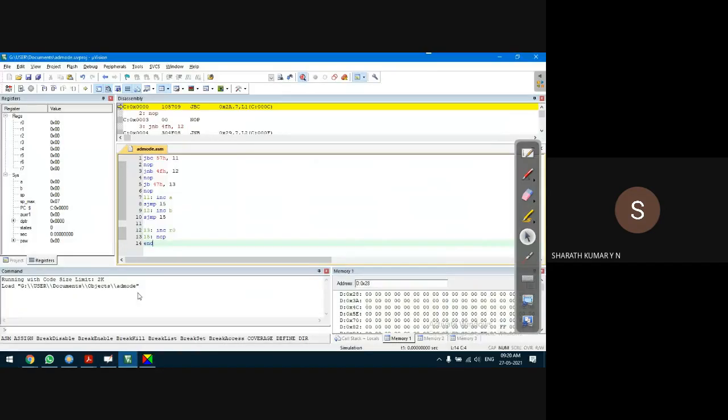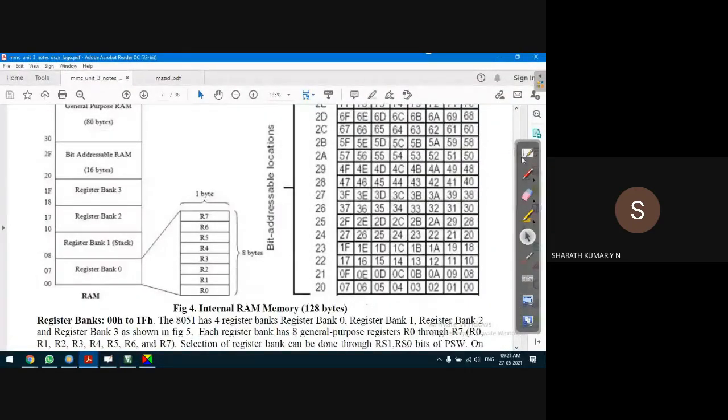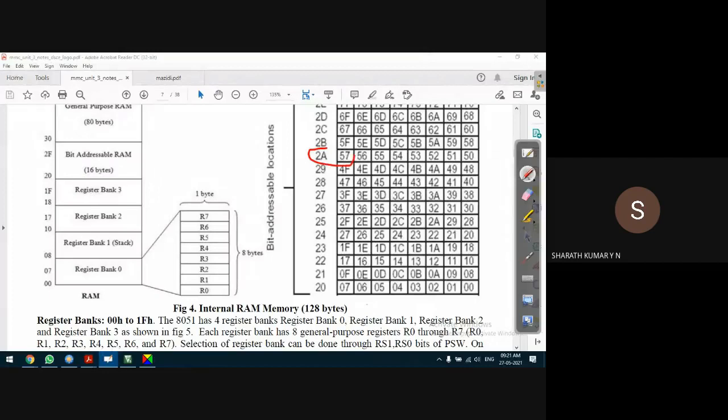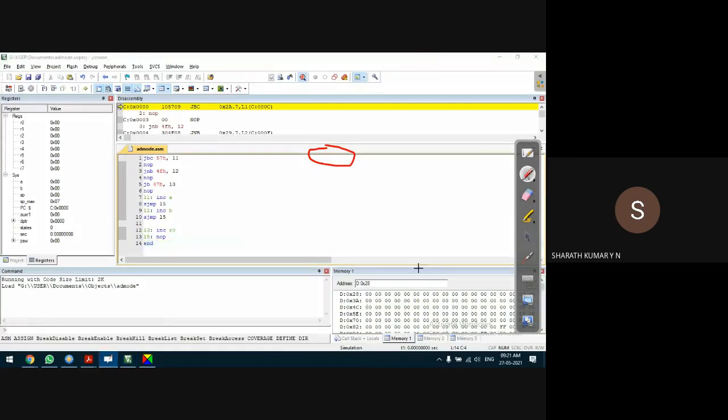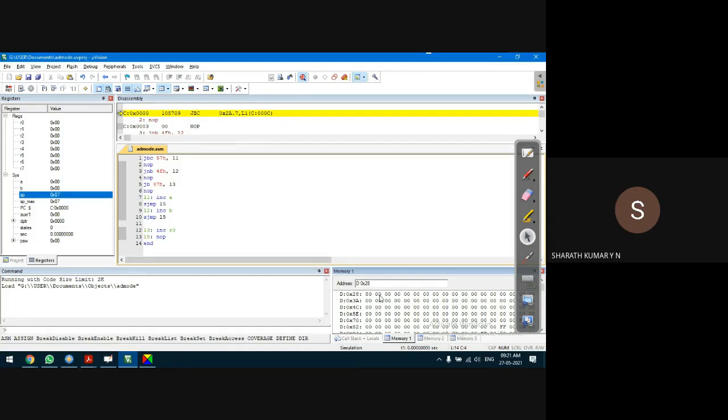There is 57. The 57H location is there is 28. You can observe that here. The 57 location corresponds to 2A. So which is the 2A location in this memory? 28, 29, 2A. This is 2A. Let us set all three locations. This is 80, 29 is 0. I'll set 2A to 80, so that the MSB bit is set to 1.